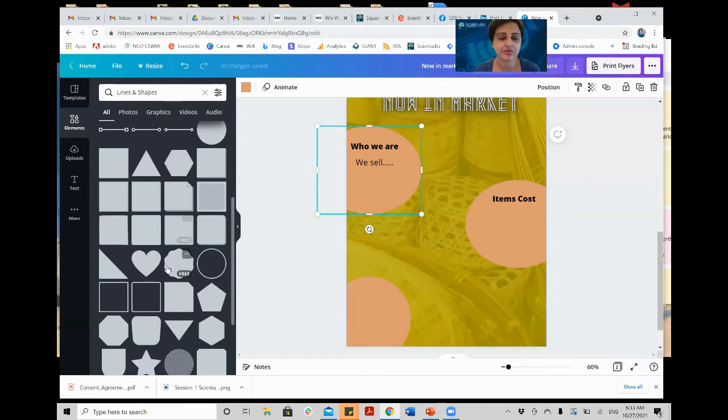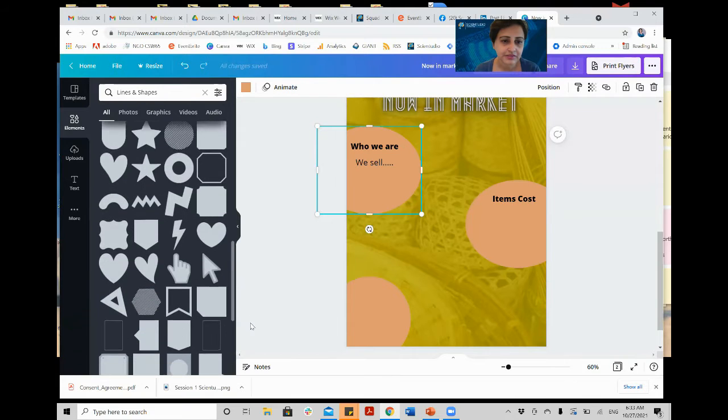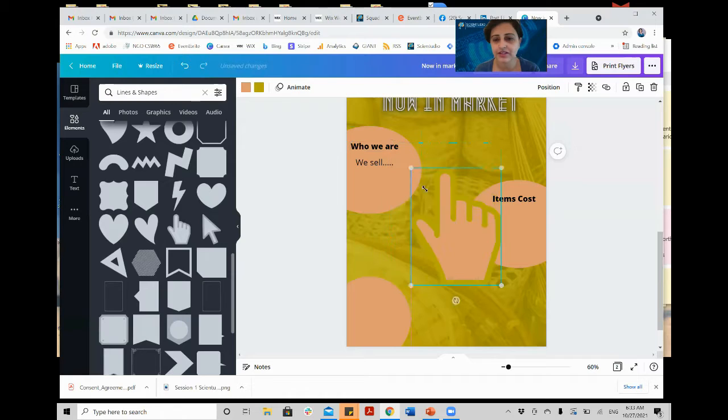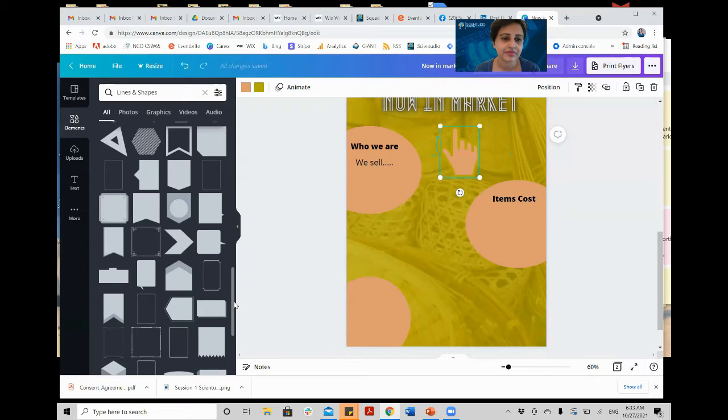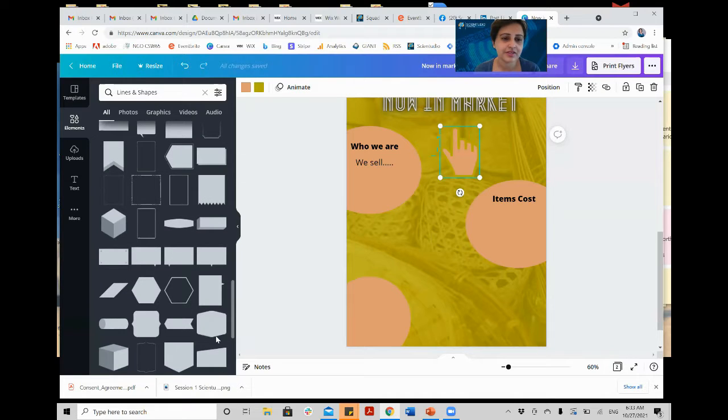Let's choose maybe something for on sale. You can even use this hand, saying this is going to be on sale now in market. You can put the hand here or somewhere. And for the sale we can have, for example, any message box which is like this.